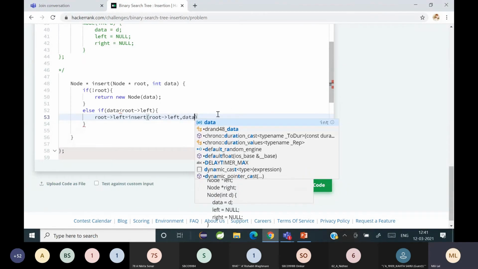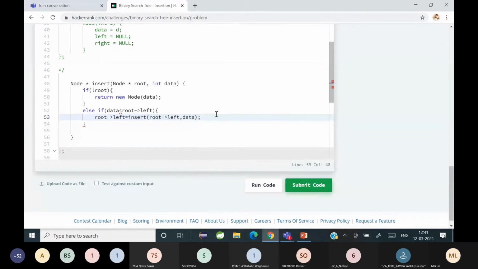Can somebody tell me why I did this? If the data is less than the root's data, it will go to the left part.